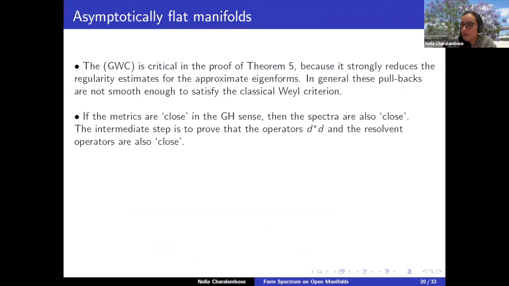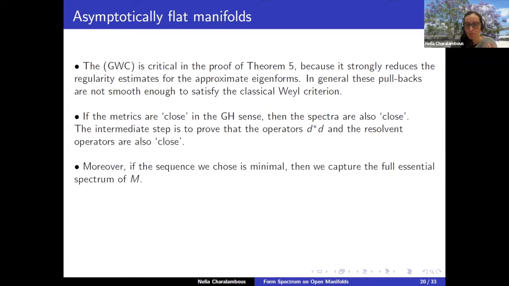And what we are able to show in a sense is that if our metrics are close in the Gromov-Hausdorff sense, then the spectra of the two spaces are also going to be close. And the intermediate step to getting that is proving that the Laplacian operators, d star d, these operators are close between one space and the other, and also the resolvent operators of these Laplacians are close whenever these Laplacians are close. Okay, and then we use our generalized Weyl criterion, where the resolvent operator approaches to prove that the